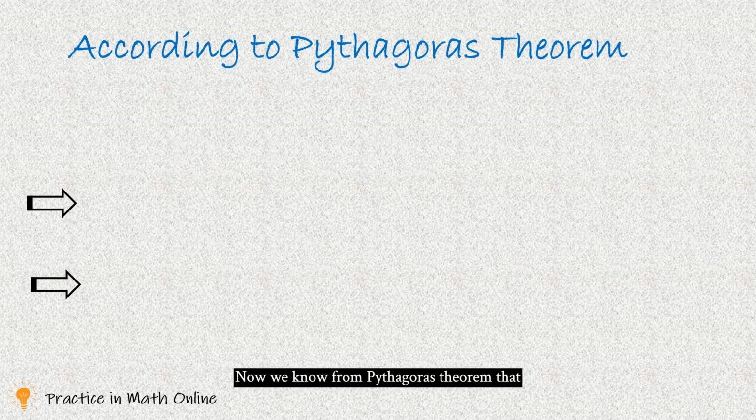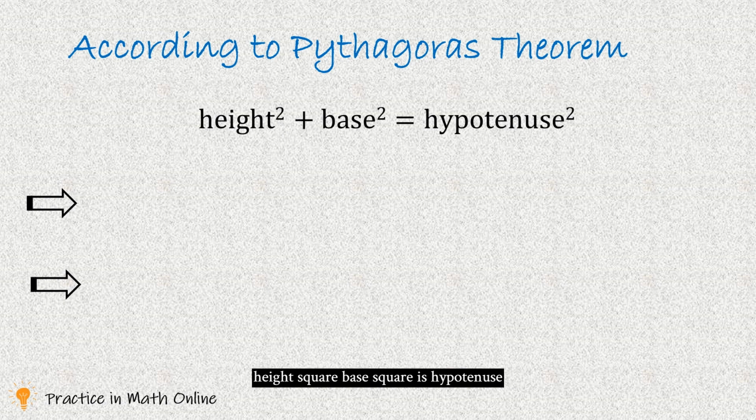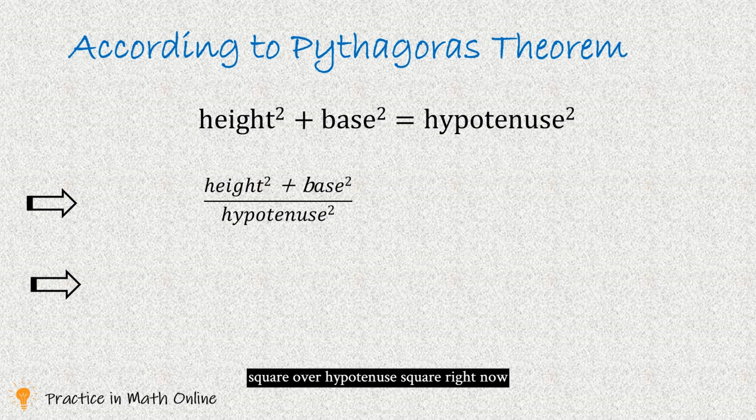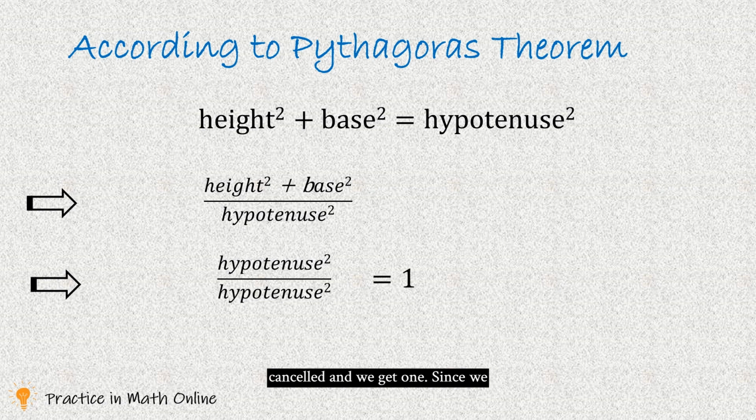Now we know from Pythagoras theorem that height square plus base square is hypotenuse square. So we had height square plus base square over hypotenuse square right now. And since the numerator is also hypotenuse square, both of them get cancelled and we get 1. Since we started with the left hand side, substituted values of sine square theta, cos square theta, and we got